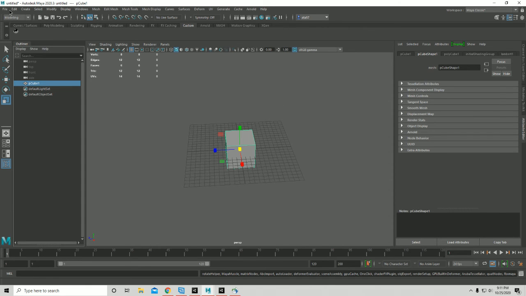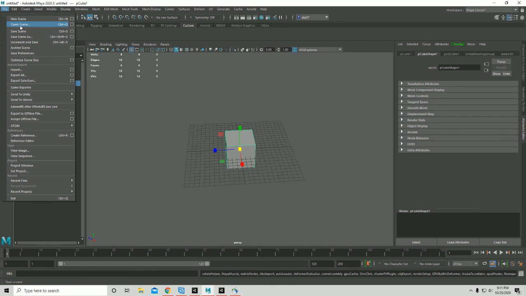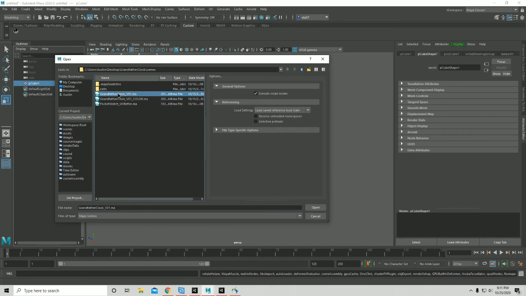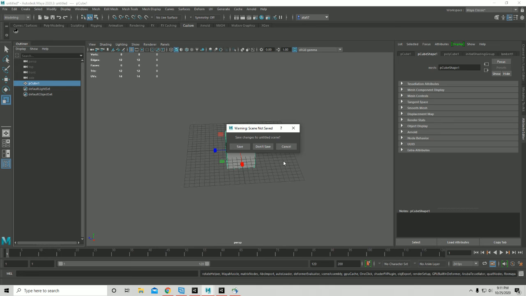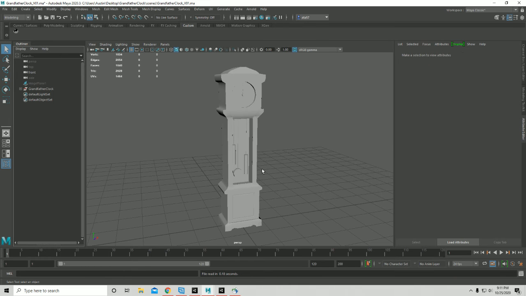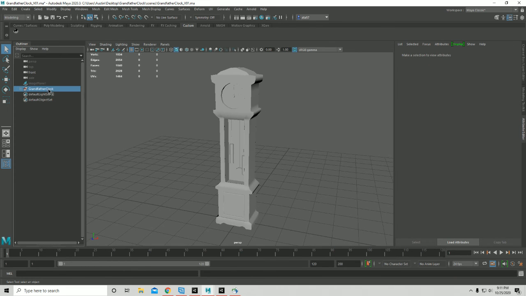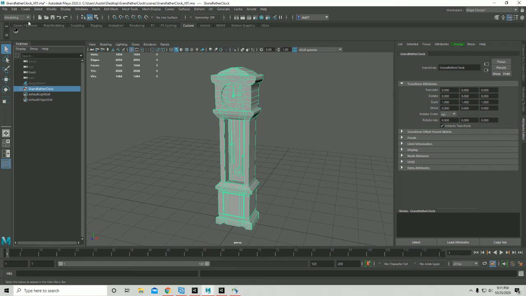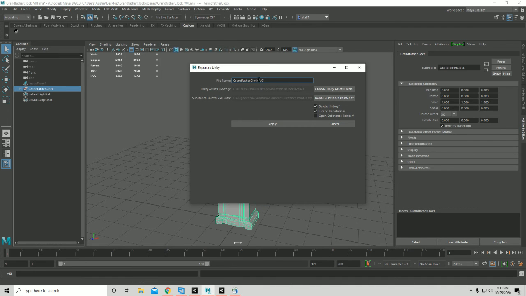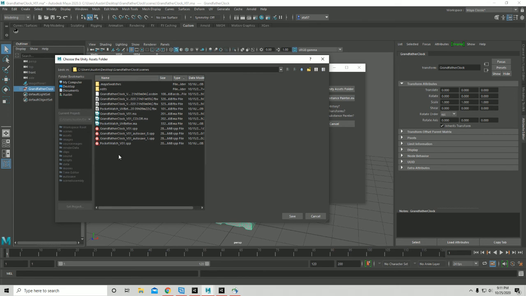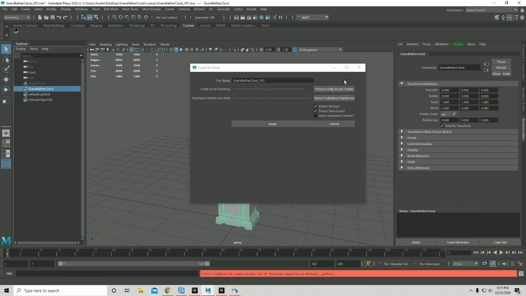Let me open up a project. That'll be better. Open scene. Lovely grandfather clock, right? So I can select it, click here. It automatically names it based off of the scene name. And then I can choose whatever assets folder I want. I said Unity assets just because it's going to be for an FBX exporter. But also I have the choose Substance Painter exe